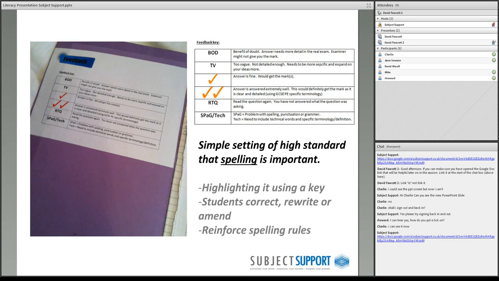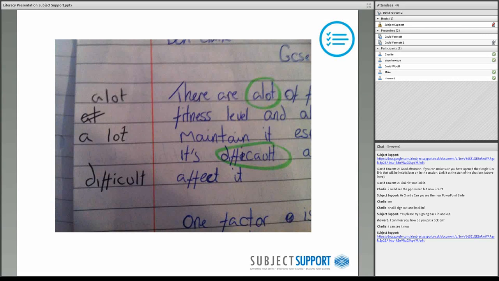Again, it's that constant building of habits, and the way we constantly reinforce it. Every lesson there's an expectation that they do this, and every time we mark books, the SPAG or the TEC gets put into the column, so students understand they need to go forward and improve that. We also get students to correct, rewrite or amend. So when we put the TEC or the SPAG in the column, simply on the screen there, the allot monster comes out. Students always put a lot